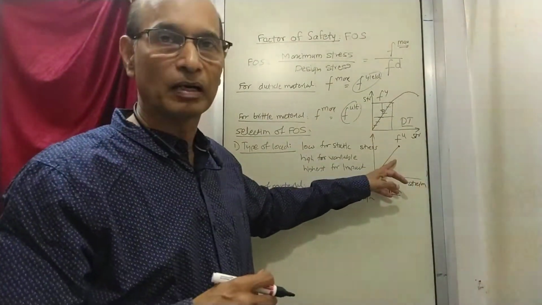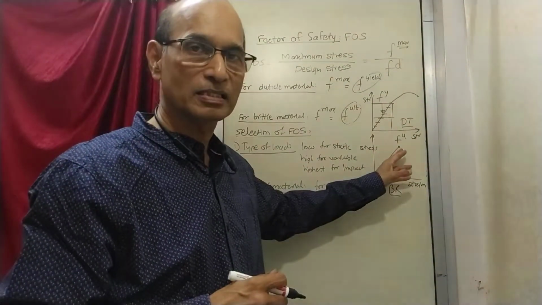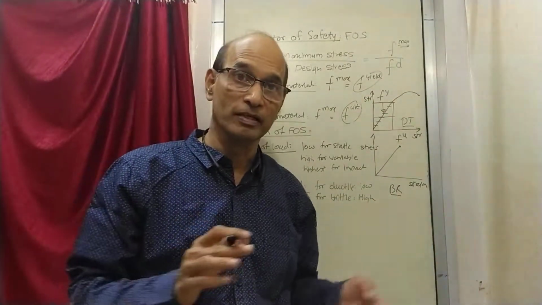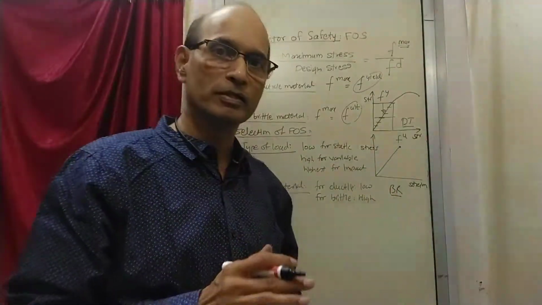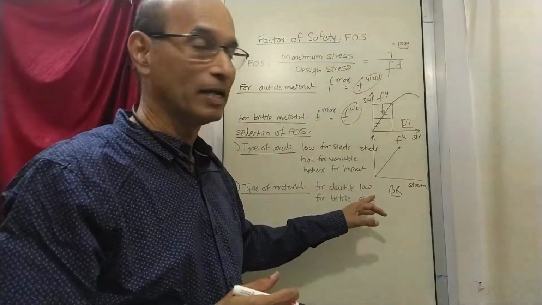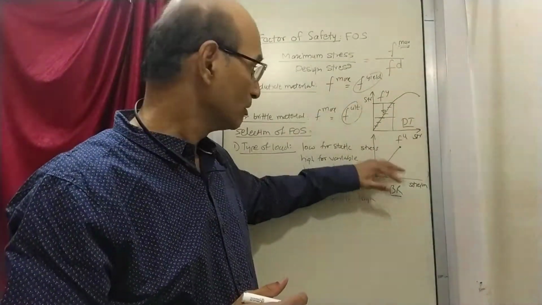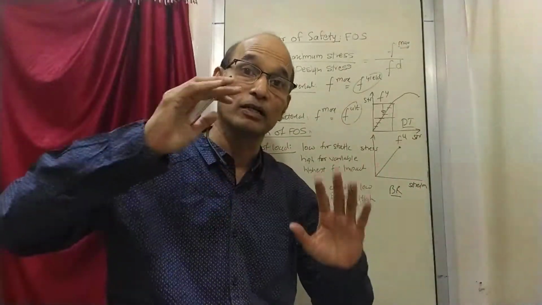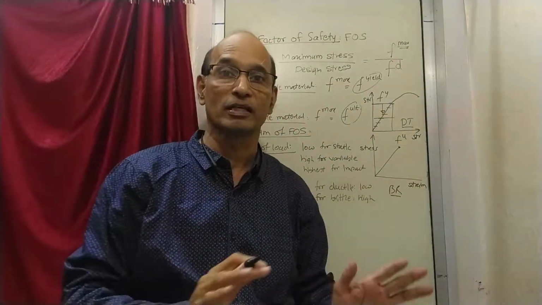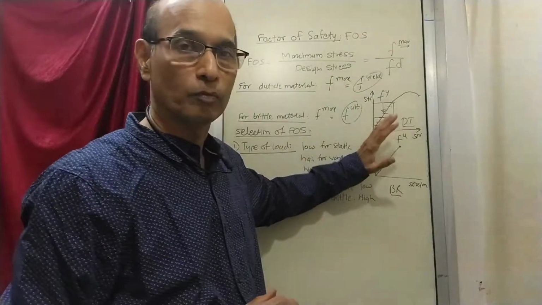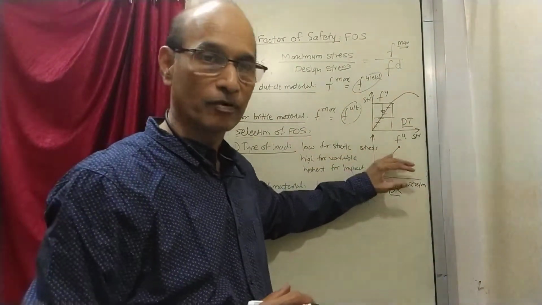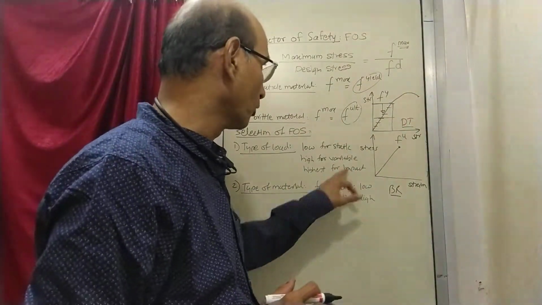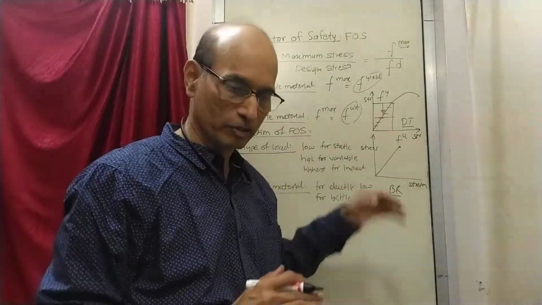In case of brittle material, it will not give you any chance. Once the stress crosses a certain point, it is going to break, which is very, very risky. So what we have to do is apply a very high factor of safety so that you will not reach here. In the normal condition, even if something happens and the load suddenly increases beyond our expectation, still there is a lot of scope to be safe. So the factor of safety is very high for brittle materials and it should be relatively low for the ductile material.